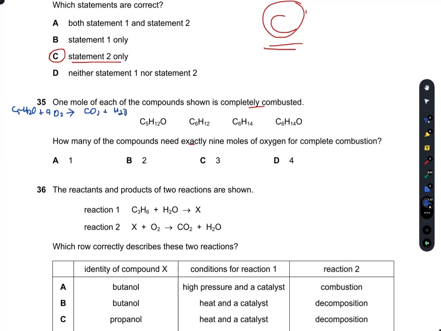And if I put 5 here and I put 6 here, so there are 11 oxygens and 11 and 10, and on the right hand side I have 19. So 21 is not equal to 19. So A, I guess, so C5H12O is incorrect.